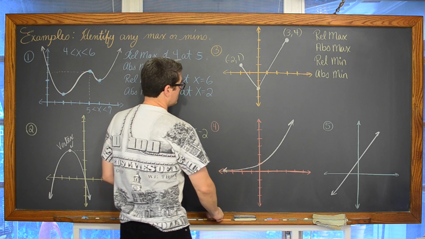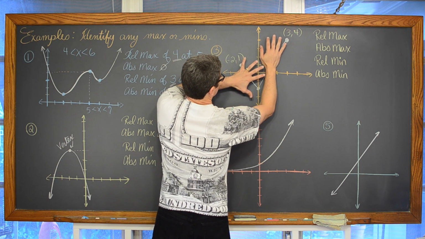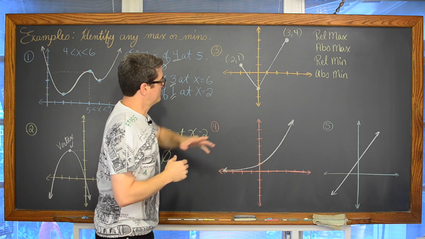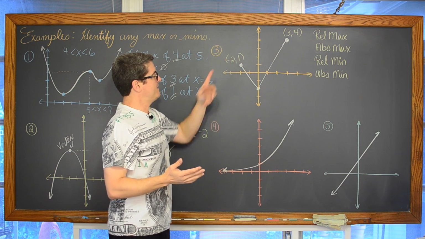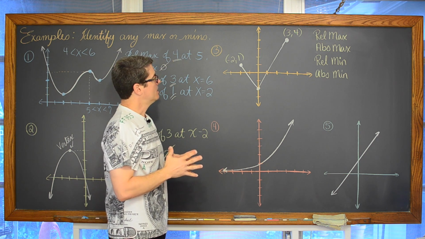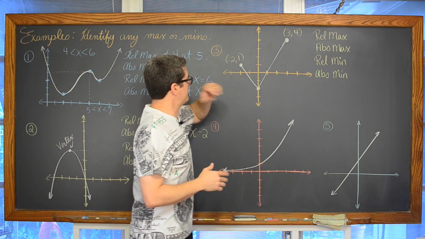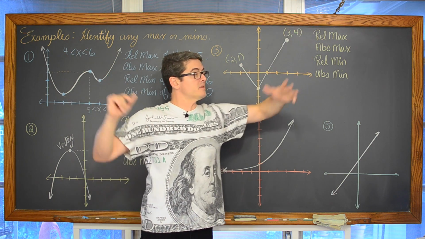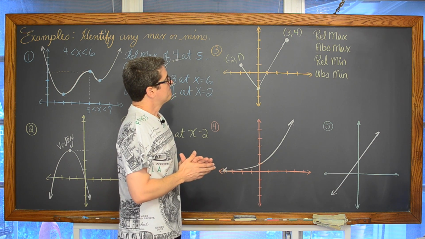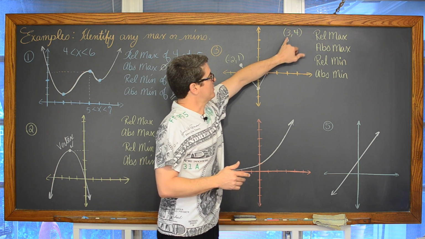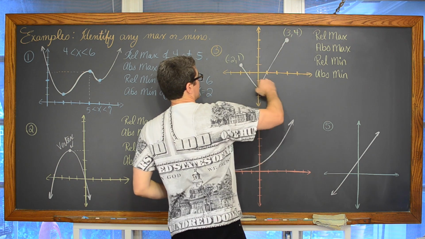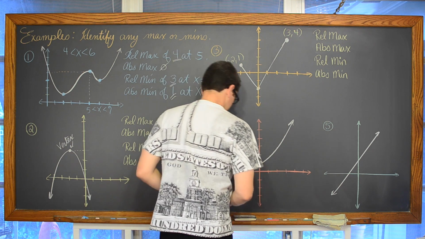Well, if I just look at this portion of the graph, then that seems to be some kind of maximum. But I can't identify the 1 at negative 2 as a type of maximum, which really seems weird. Over this entire graph, there are no arrows extending on. It starts here, falls, and goes up and stops. There is a maximum of 4 at 3, and within this entire graph, that 4 is an absolute max. That value of 4 is greater than every other y value within this function's domain.